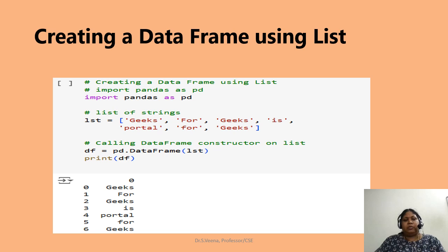And I'm going to store it in a data frame variable, which is df. And finally, I'm going to say print of df. So when I say this, you know that we have already discussed that a data frame is two-dimensional. So the column name or header is going to be 0, because I have not given any header name. So by default it is going to be 0. And all the set of 7 values is going to be displayed as